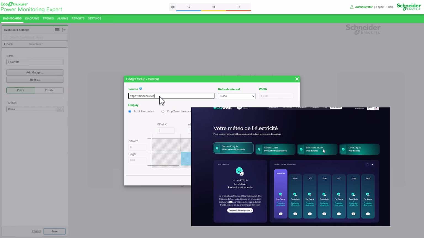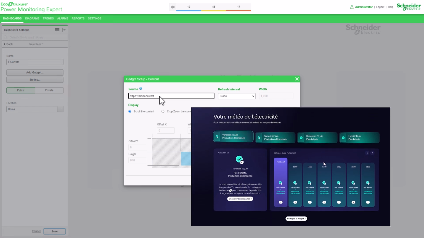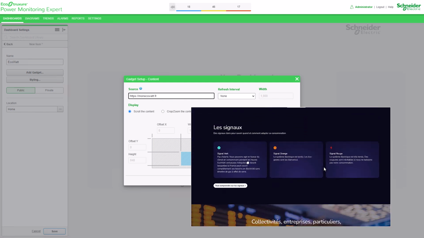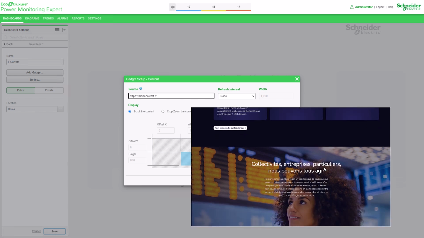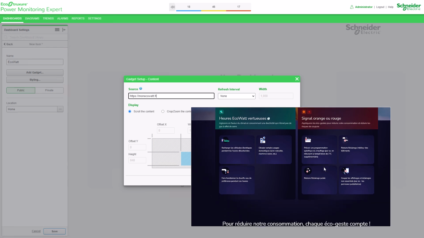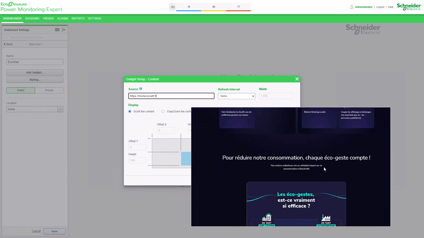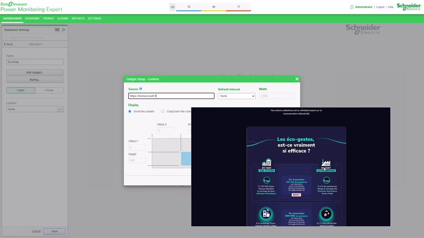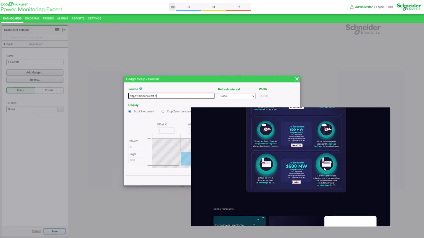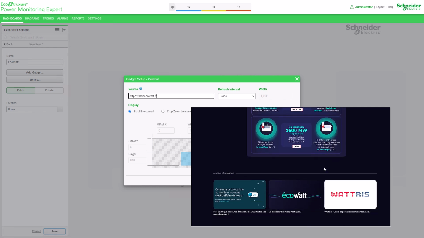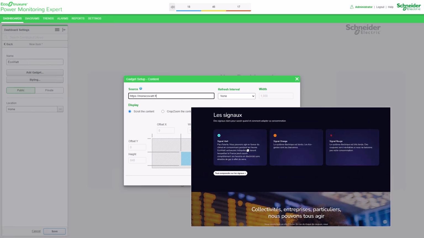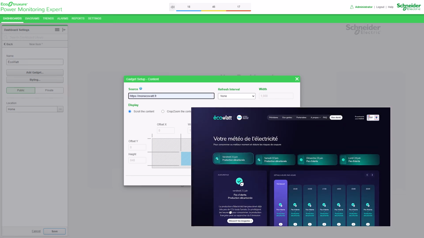EcoWatt is an initiative by electricity network operators, aimed at managing electricity consumption during peak periods or when supply is constrained. The program's goal is to motivate energy consumers to decrease their electricity usage during these crucial times, often through voluntary actions, such as adjusting air conditioning, heating, or other non-essential electrical devices. This contributes to balancing the electricity grid, lowering the risk of blackouts, and promoting energy sustainability.